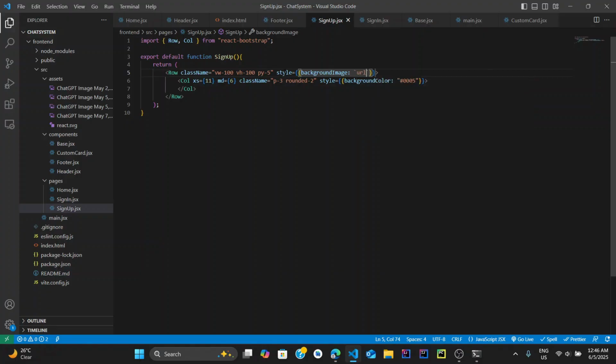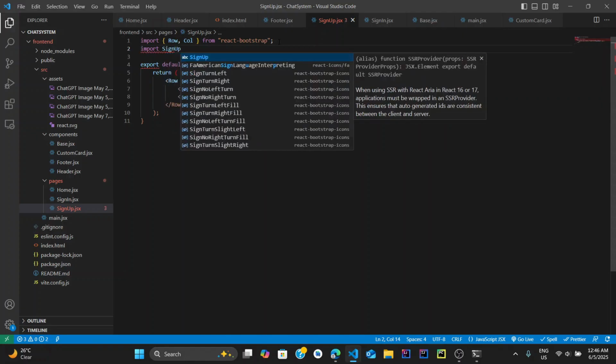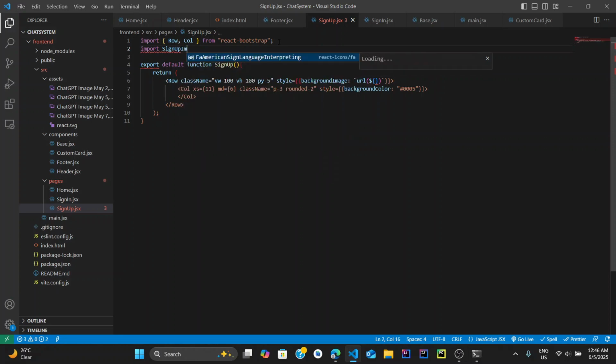Within those backticks, I'm gonna say URL and put the dollar sign and open and close the curly braces. Inside these curly braces, we wanna put the path to the image. So I'm gonna import the image in here. I would say sign up. I'm in the sign up.js file. I'm gonna say sign up